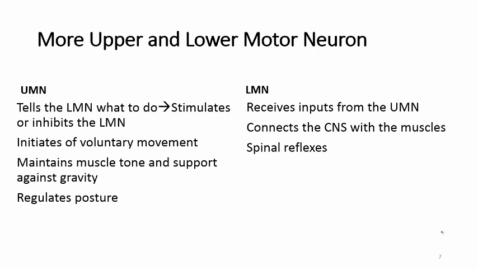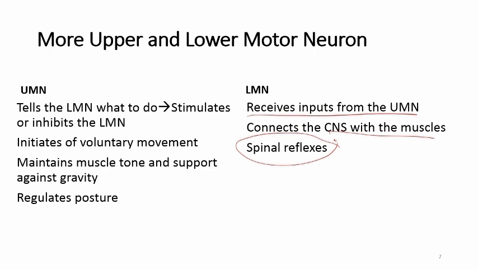So the upper motor neuron is the one that tells the lower motor neuron, the servants, what to do. And the lower motor neuron has to have direction from the upper motor neuron. So it receives input from the upper motor neuron. And the lower motor neuron, remember, is the one that connects the CNS with the muscles. And this is very important. It is responsible